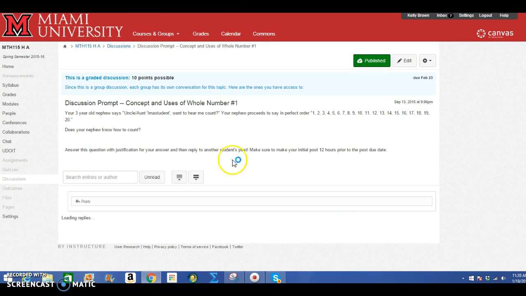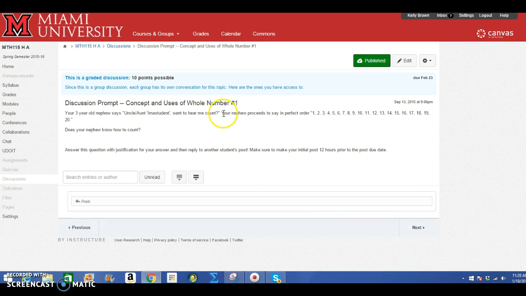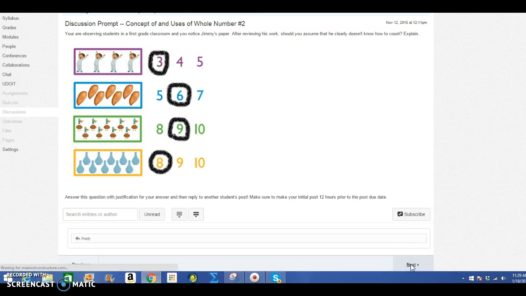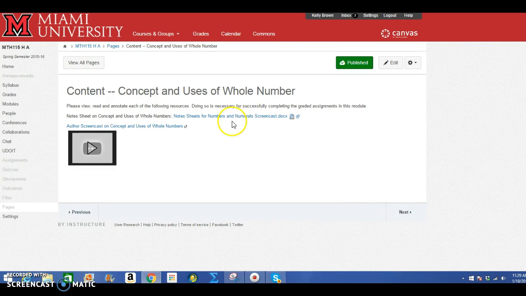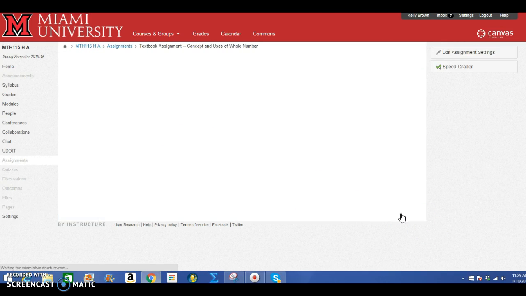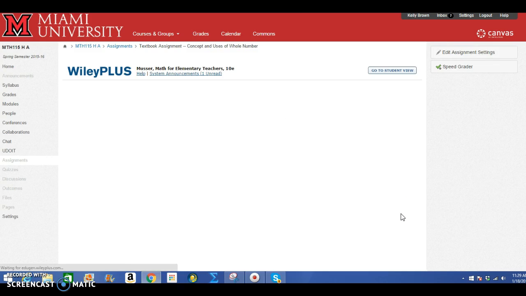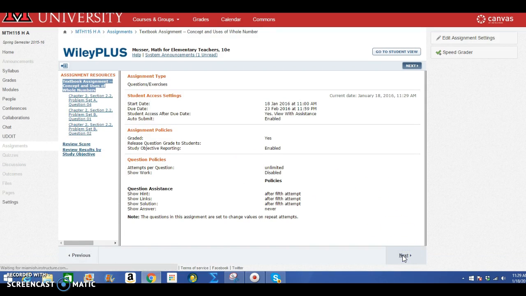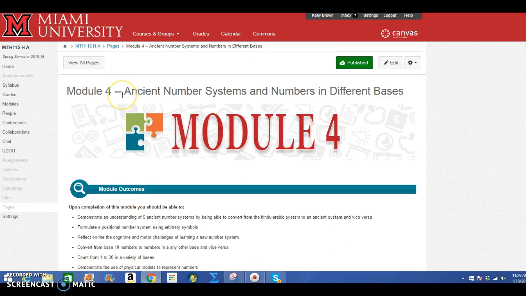So I'm going to click Next. I am going to go quickly because I'm about out of time on this screencast. Another discussion prompt. Here again is a note sheet for a screencast, and then a screencast. So print out the note sheet, then you can follow along and take notes on it with the screencast. You have another textbook assignment, which you can see is really short. There's only 3 here. And when I click Next, I'm on to Module 4, which has